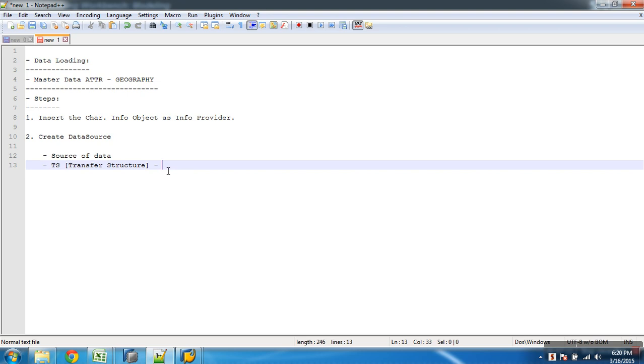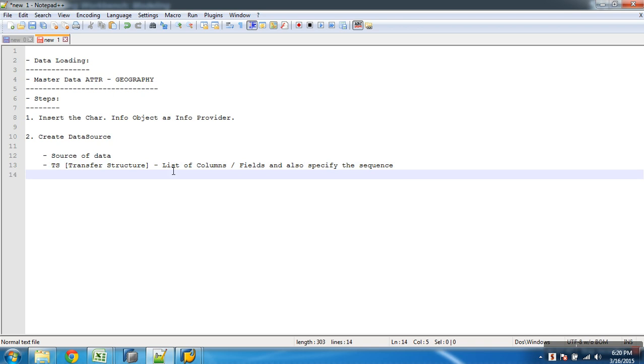From there, what fields are coming and in what sequence they are coming. So it specifies a list of columns, or I can say fields, because when you refer to a source, we refer to them as fields. In BW, we refer to them as info objects. So a list of columns and fields, and also specifies the sequence. So the transfer structure will tell you what columns are coming in from the source, in what sequence they are coming in. Okay, this is your data source.